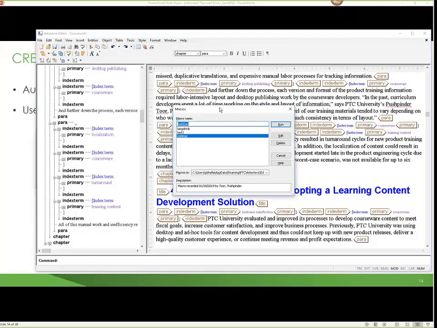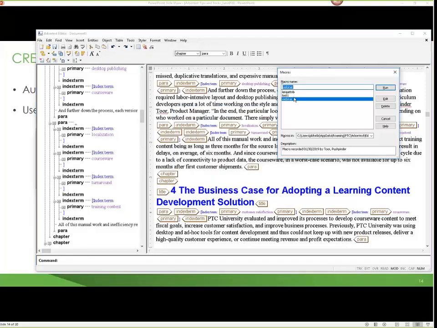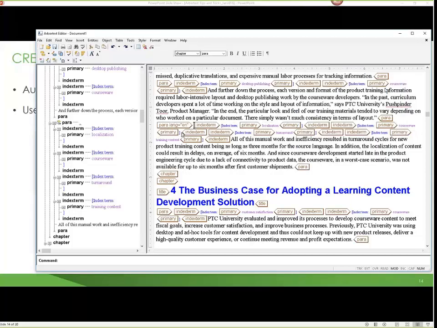So I'm going to go to the list of macros I had. So here's the ones I created yesterday. Here's the one I created today. So you notice the paragraph has nothing on it. It's just a paragraph, and then it starts an index term. If I run the macro, it immediately went through, and it said, okay, what you wanted to do was in